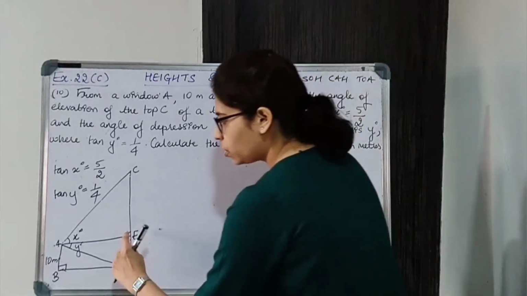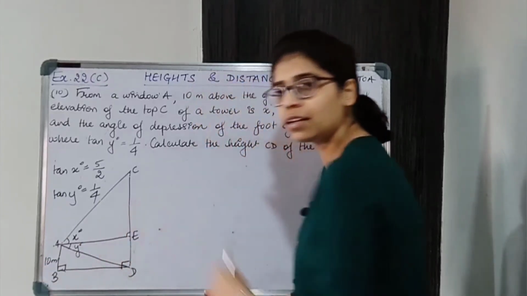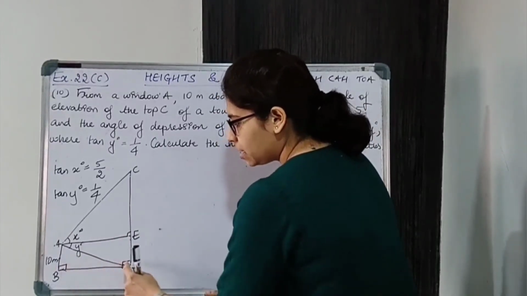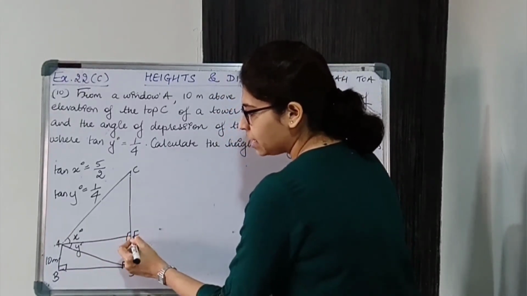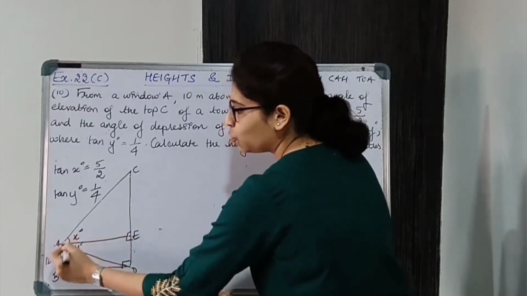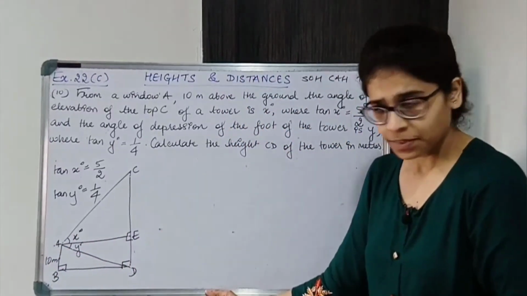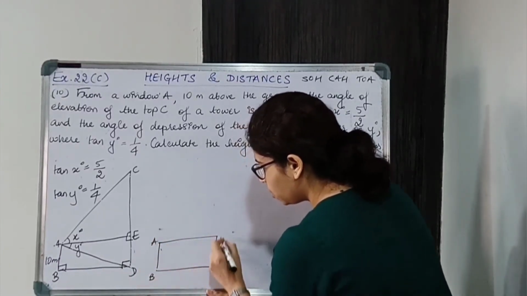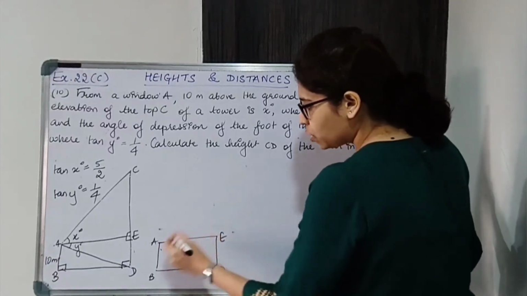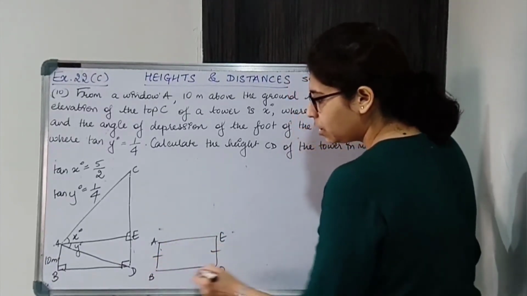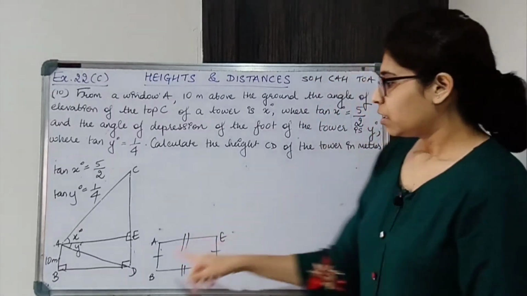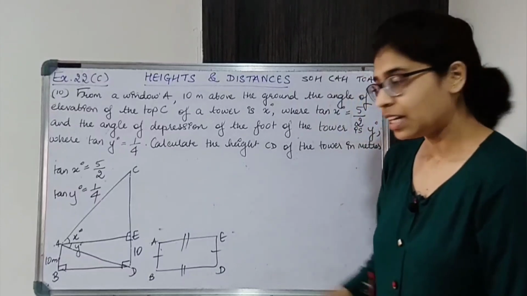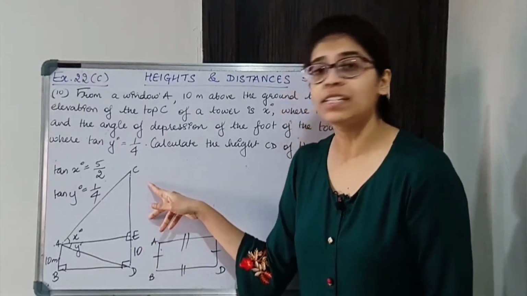ED, if you notice, this ABDE is a rectangle. From the figure you can say this is a rectangle. ये 90 degrees है, ये 90 degrees है. By linear pair this is 90 degree. Three angles of quadrilateral is 90, तो fourth angle automatically 90 हो जाता है. ठीक है, so ABDE is a rectangle. You don't even need to prove, from figure you can say. Since this is a rectangle, opposite sides are equal. ये 10 मीटर्स है तो ये भी 10 मीटर्स हो जाएगा. ED easily मिल गया. Now we need to find CE.